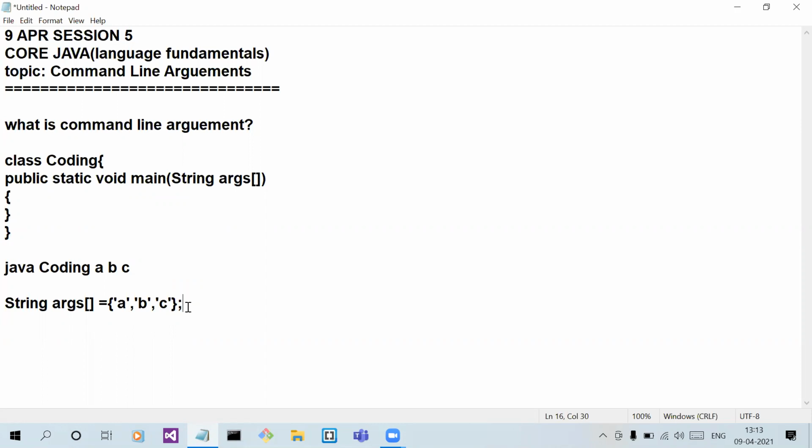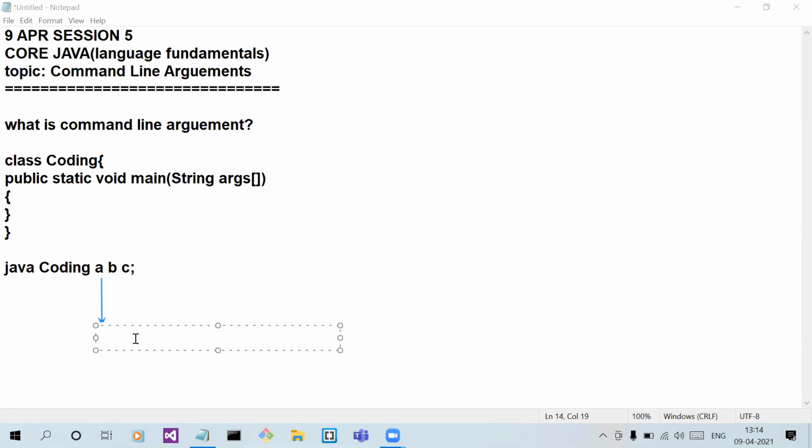If we pass arguments like this, java coding A, B, C, then what will happen? This A will become args[0].